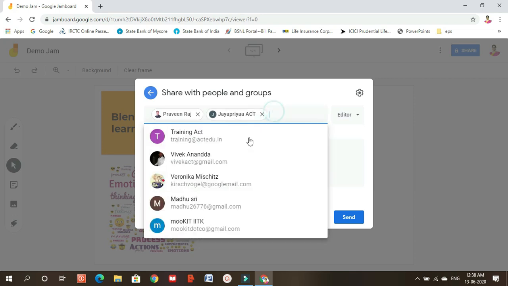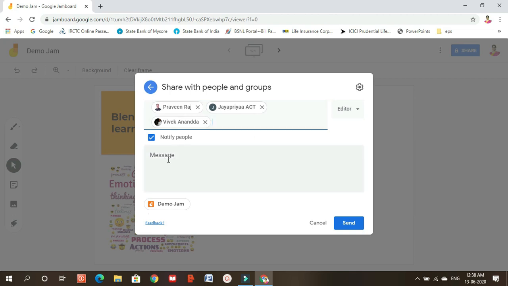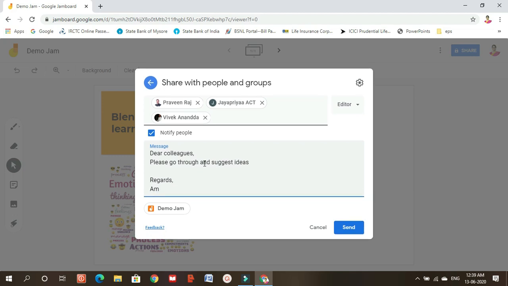add people here with whom I want to share my jam, and then I can write a message to them. So, dear colleagues, please go through the jam and suggest modifications. Suggest ideas, regards Annapurna Madhuri, and this is how you send it.